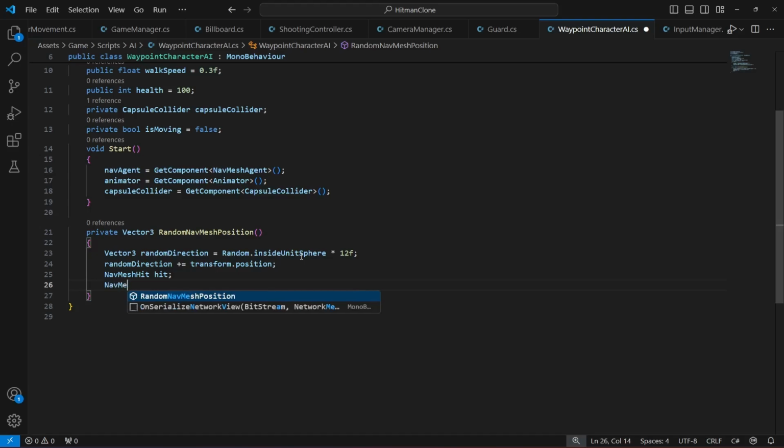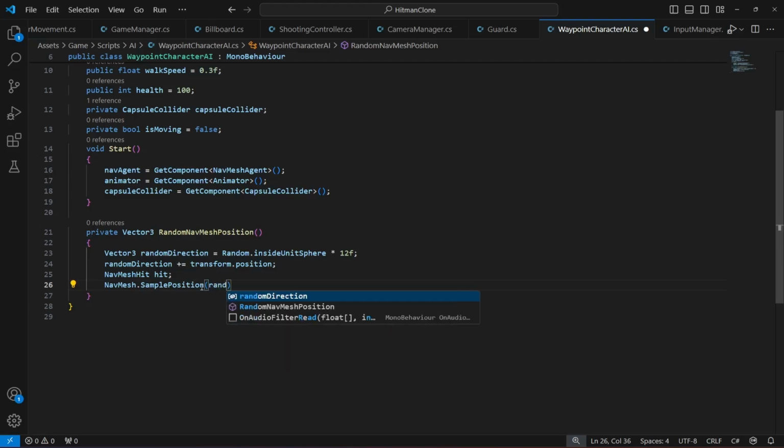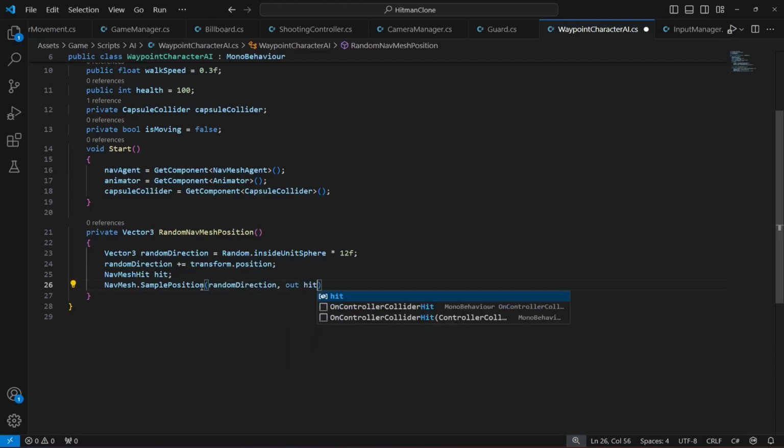So nav mesh dot sample, I don't know why it autocorrect this, it's really frustrating. Okay, so nav mesh dot sample position, pass the random direction, then out hit, then 12 units, then